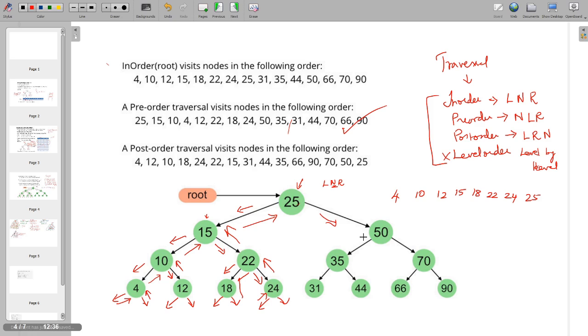Right of 25 has 50, which has a left child in turn, so you have to go to the left. You should not immediately process. You have to stop at every node and check whether it has a left child or not. Only if there is no left child, you process the node and then go to the right. Here 50 has a left child, so I go towards the left and land